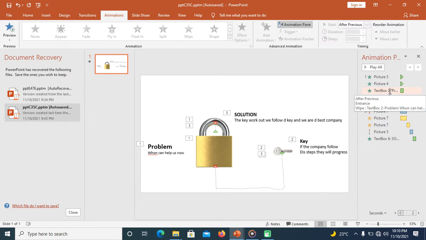What is the meaning of after previous? When this guy plays, this guy comes in. So these two, irrespective of this, all these three are number one. When we say they are number one, these three of them are supposed to just fly in. This is the effect. That is why you must understand the video aspect of animation. Look at it very well. If not, this will be confusing, and this tutorial will be of no help to you.